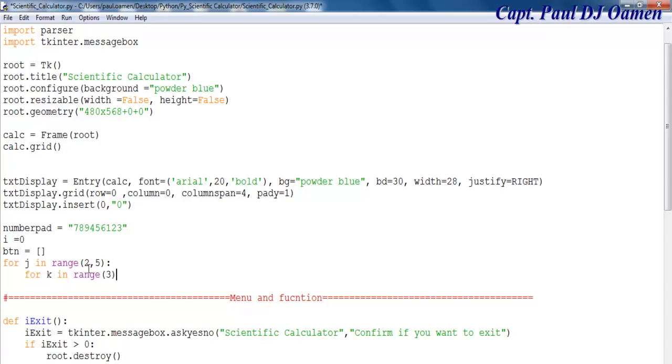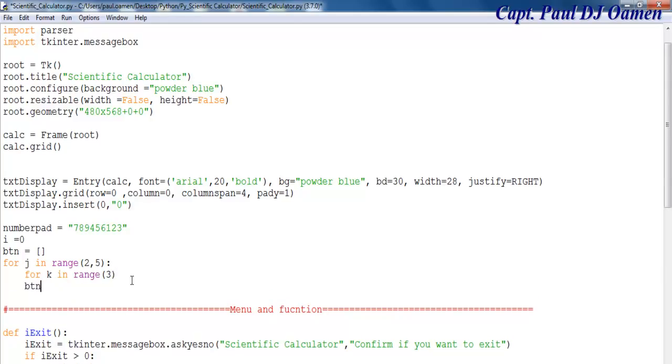Okay, so 3 by 3, 1, 2, and 3. Then the next one is going to be btn.append, and what I want it to append will be